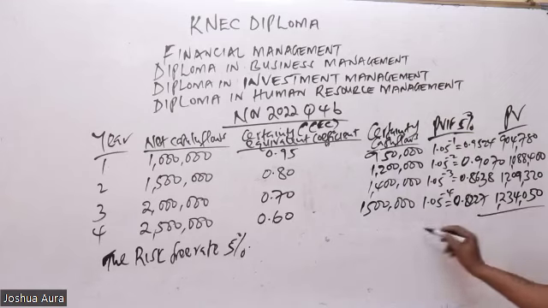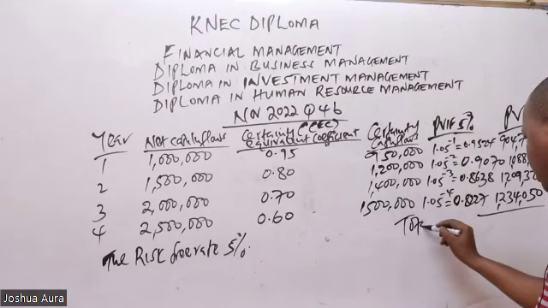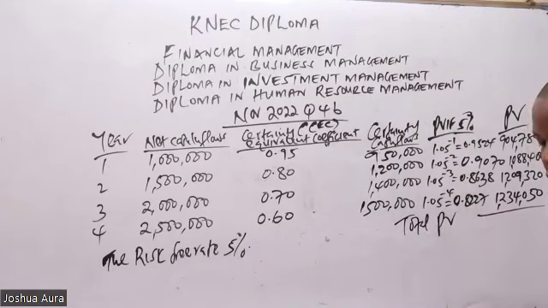1,234,050. So what is our total present value? We sum all these present values to get our total. So our total will be